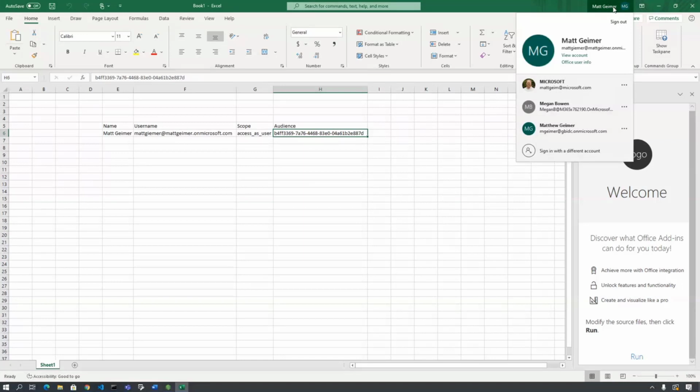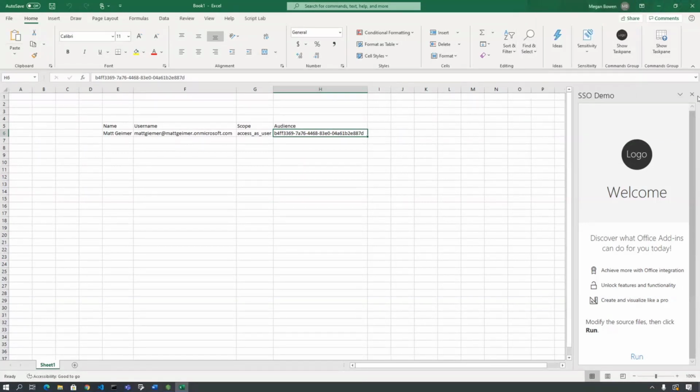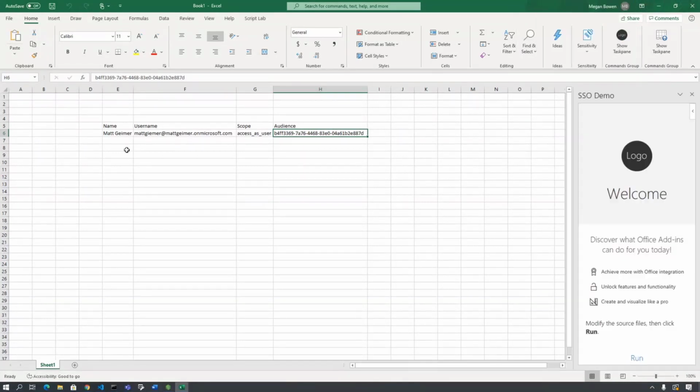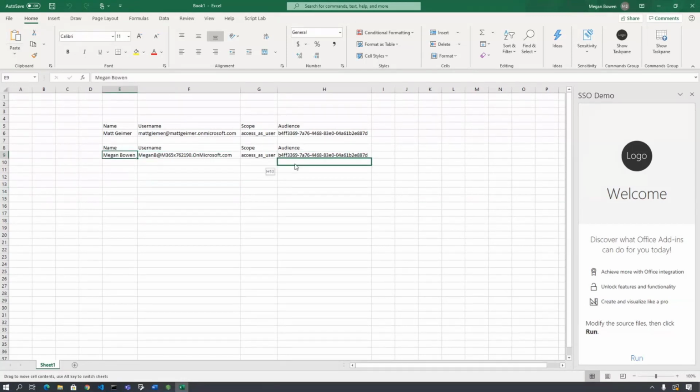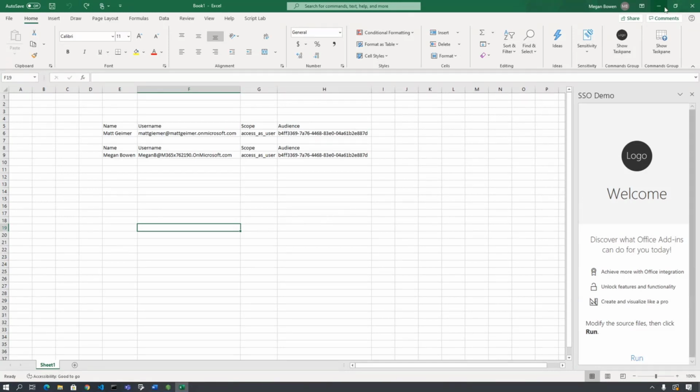And if I switch users, let's see if we can get another one here. We can see just like that, it's getting the correct person, super easy. Again, that one line of code is calling and getting that token. I didn't have to do anything but parse it. So all that's handled. I will call out that I did not put in a fallback method here, so you should definitely do that, and we'll see what that looks like in the next demo, which is using the